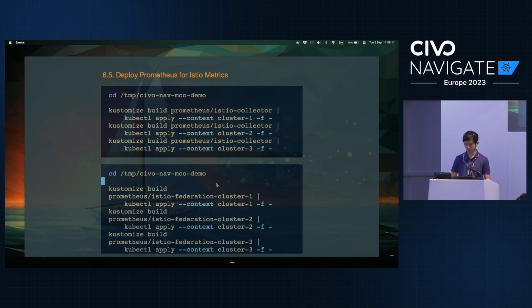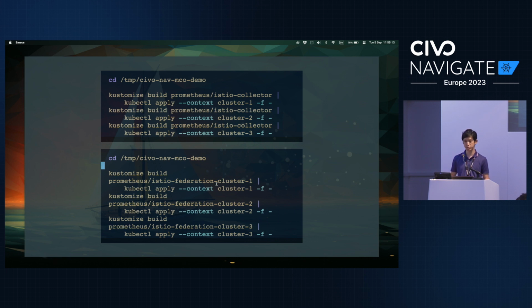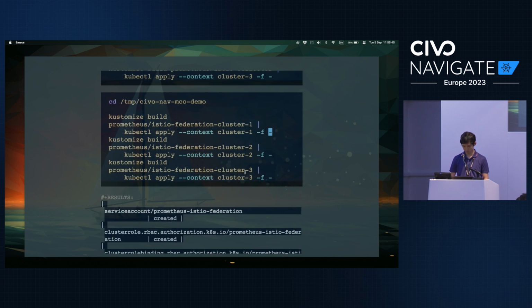So for that, I'm going to have another Istio federation, which is going to cut down some of the metrics that we don't care about, for instance Istio-specific version details. Perhaps you may want it, but perhaps you don't really need it. So I'm going to deploy 2 Istio Prometheus instances: one to go directly to Istio, and another one aggregating all the data behind the scenes. So that's all deployed.